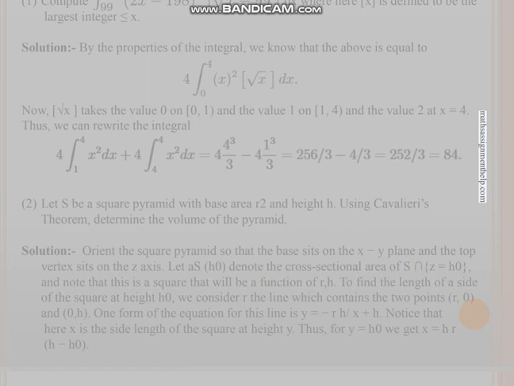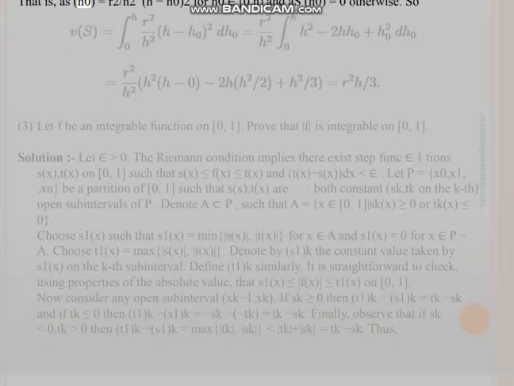That is, A(h0) equals r^2/h^2 times (h minus h0)^2 for h0 an element of [0, h], and A(h0) equals 0 otherwise. So,